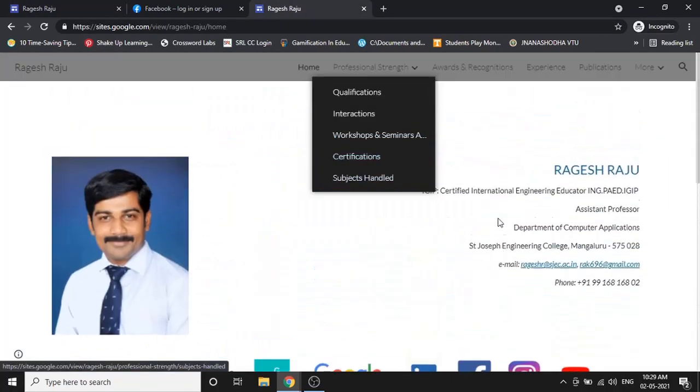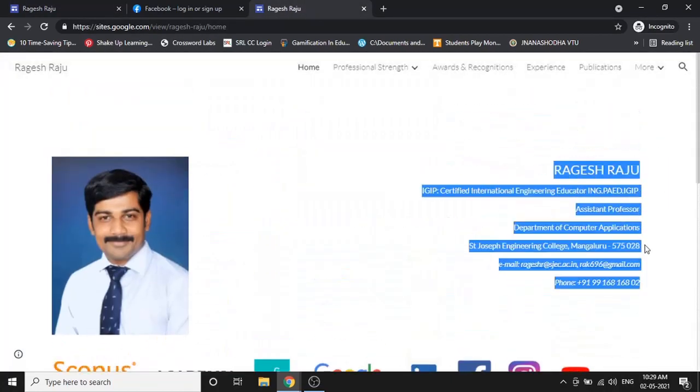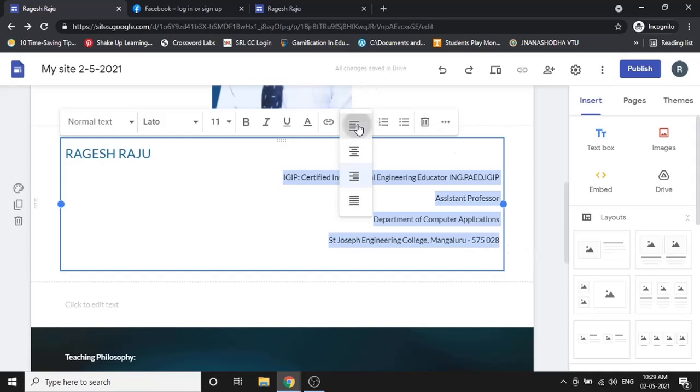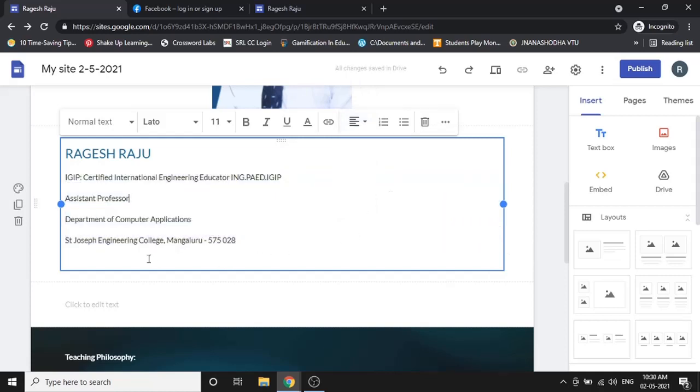I just copy this content from here, only this much portion. I copy it because the formatting is already done, so I paste it here, and since I have done the formatting, it comes in the proper way. Otherwise also, no problem. Just imagine it is something like this. Okay, it has come something like this.